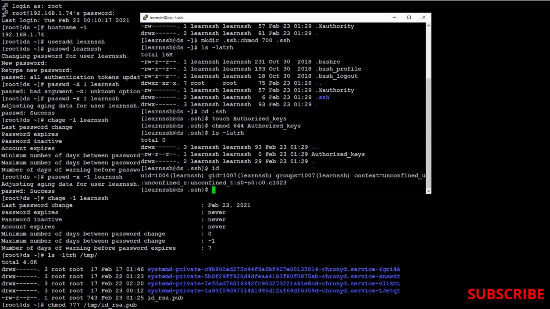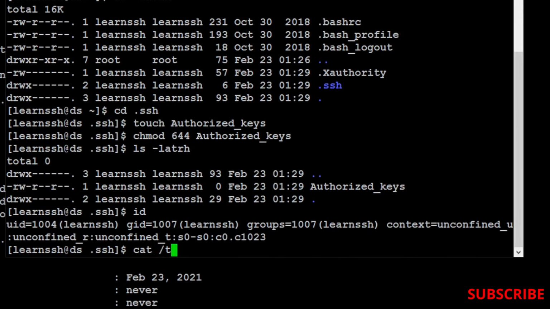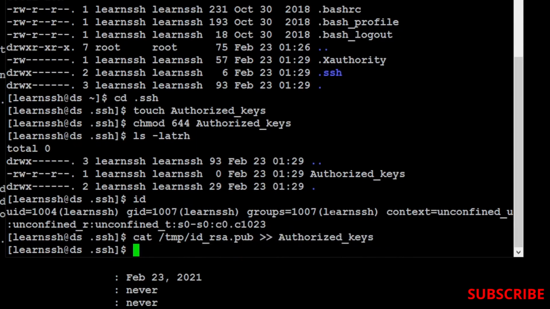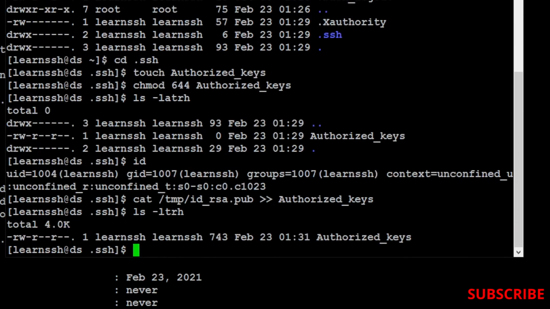What you need to do is copy id_rsa.pub into authorized_keys. So what we will do is cat temp id_rsa.pub to the authorized_keys. Done.